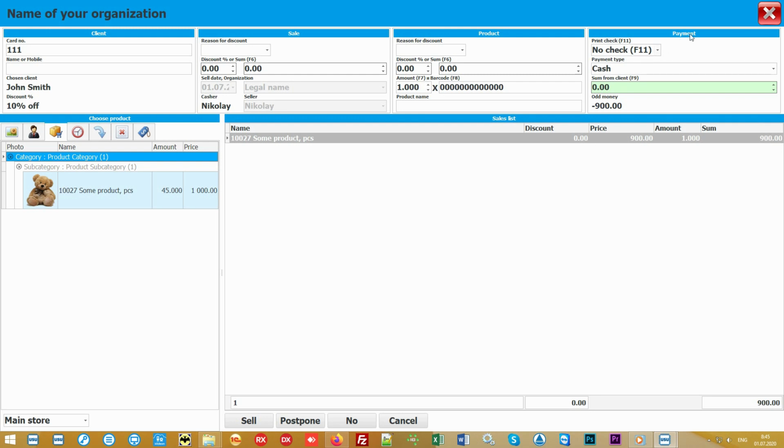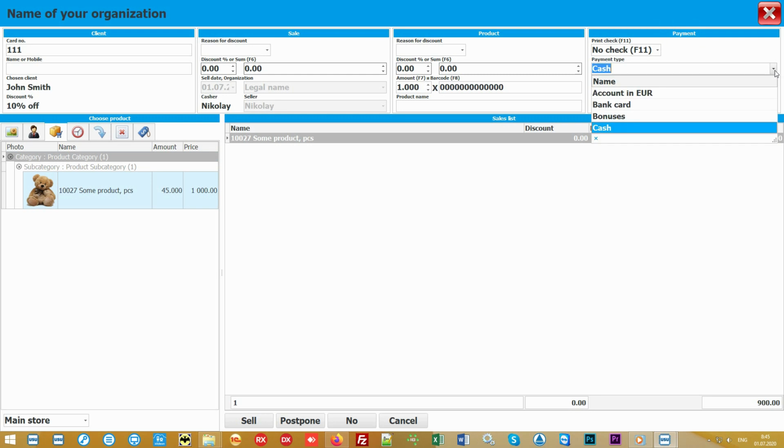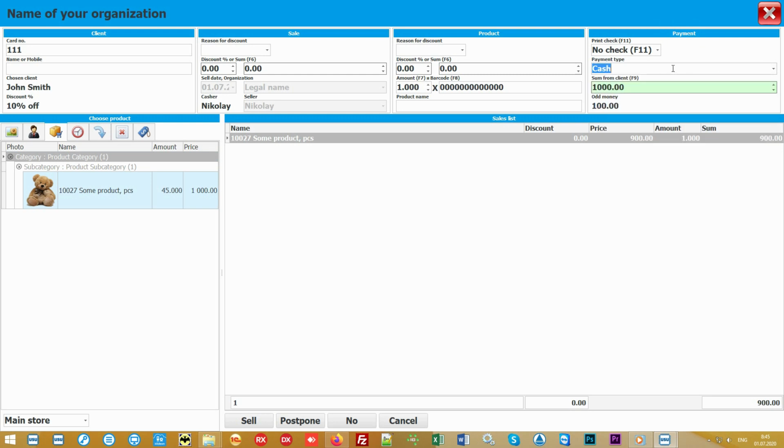So we come to the last block, which is payment. Here you simply enter the amount from the client, while the software calculates the amount of change and allows you to specify the payment method, in cash or by credit card. Above that, select the option of printing a check. You can sell without a check, print a simple sales receipt on a receipt printer without fiscalization, and also, when using a fiscal registrar, you can print a check on it.